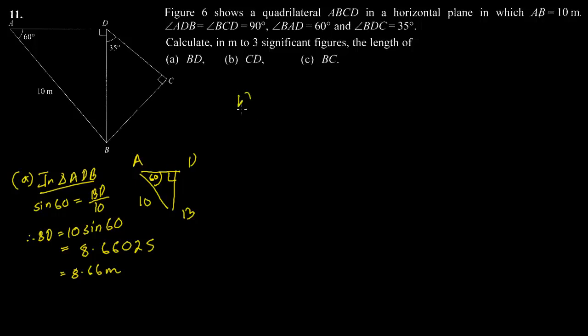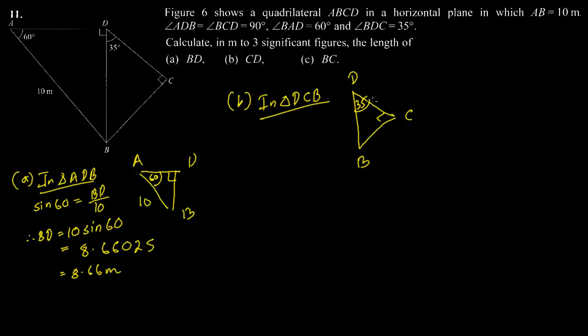So question number B. Now that we know BD, we have to find CD. Let's move on to the next triangle. So this time the miniature triangle would be this one. So D, C, here is the 90 degree, and this is B. The hypotenuse here is BD, which we found in the previous sum, and this angle is 35. So in order to find CD, in triangle DCB,